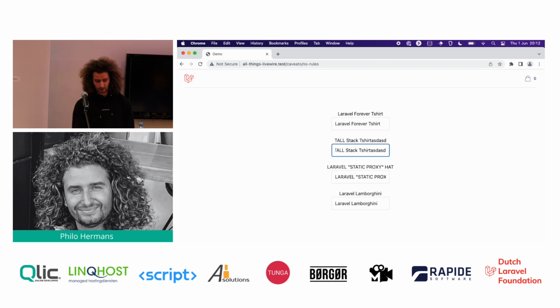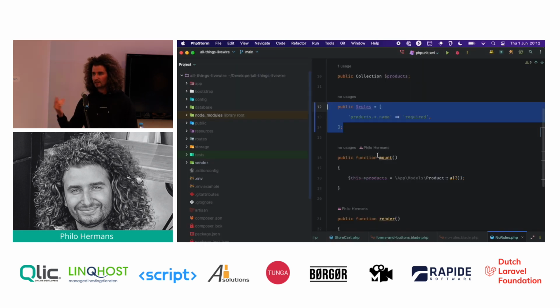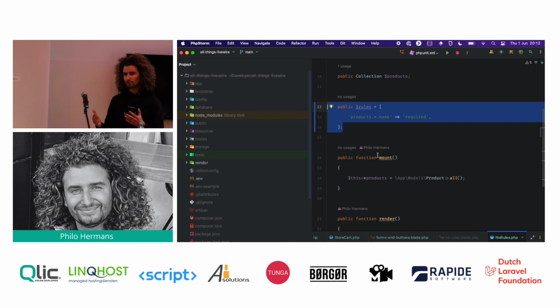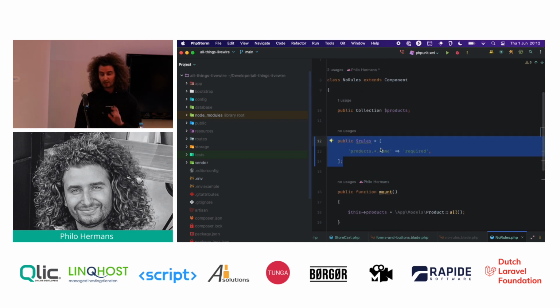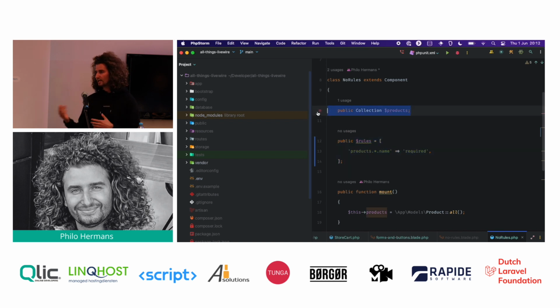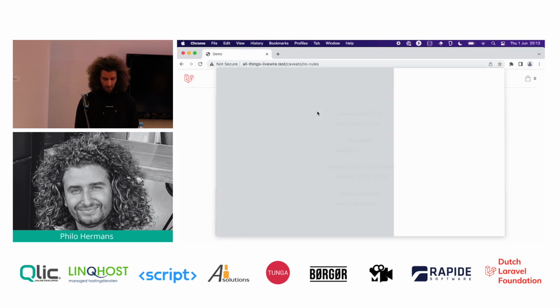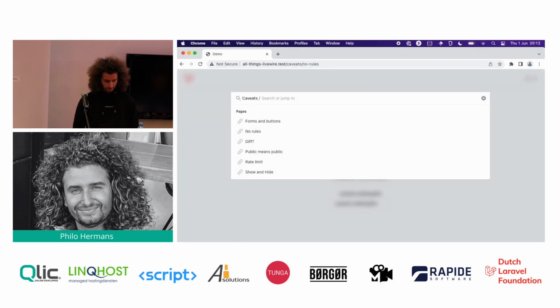If we type something, you can see that the corresponding value above the field is updated as well. And this is something Livewire does for you out of the box to keep you safe, to make sure that you're not giving out any public information in your input fields that you want to have protected. But it doesn't do that all the time because it depends on whether it's in a collection, for example. Because if we move on,